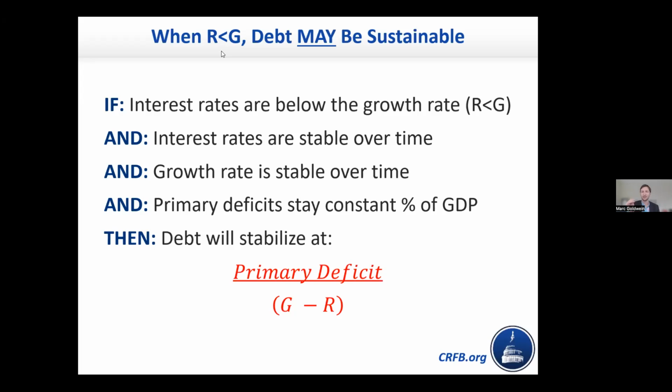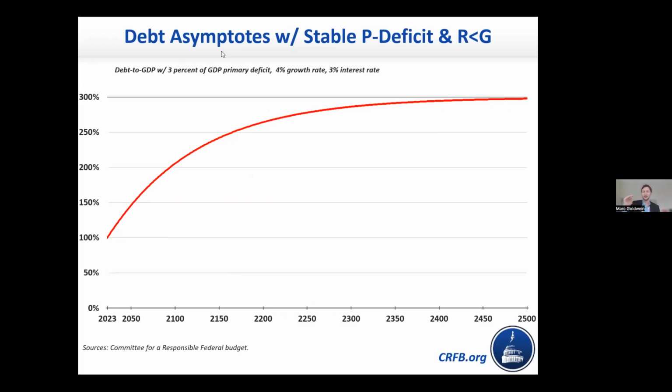So let's assume that primary deficit is 3% of GDP. Every year, we are spending 3% of GDP more on non-interest spending than we're raising in revenue. And then let's assume that the growth rate is 4 nominally and the interest rate is 3. In that case, your debt is going to keep rising until it gets to about 300% of GDP, right? 3 over 1, 300%. At that point, debt's not going to really grow anymore. It's going to asymptote to that 300%, meaning it's going to kind of level out, because once debt gets that high, you're going to be eroding your existing debt as fast as you're adding new debt.